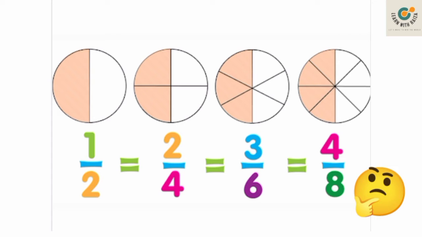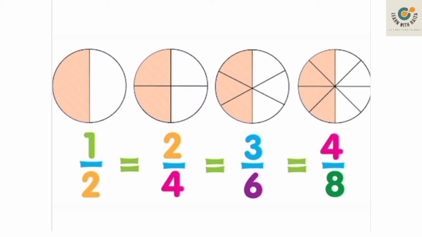Now have a look at these types of fractions. You can see that they are divided into several parts and a certain portion is shaded. In the first picture, the whole circle is divided into 2 parts, but only one part is shaded. So out of the 2, only one is shaded. Therefore, the shaded portion as a fraction is half. How do we read it? 1 upon 2, or commonly we say it as half, since only one portion is shaded.